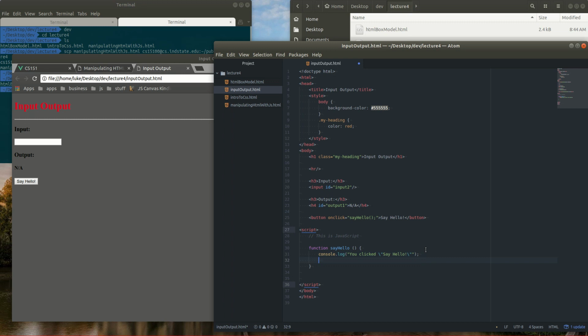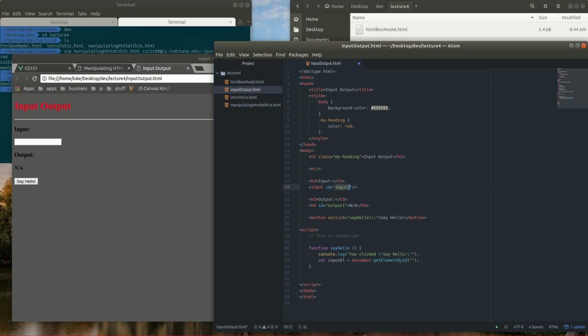So now we want to grab the input element. So we create a variable, input element. And in that variable we're going to get the HTML element with document.getElementById. The ID is